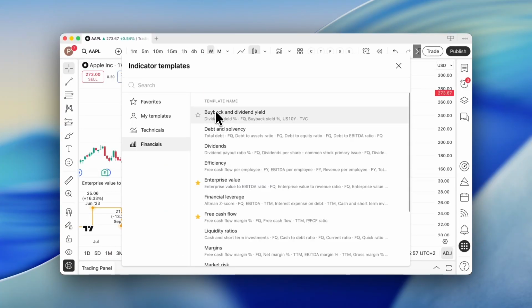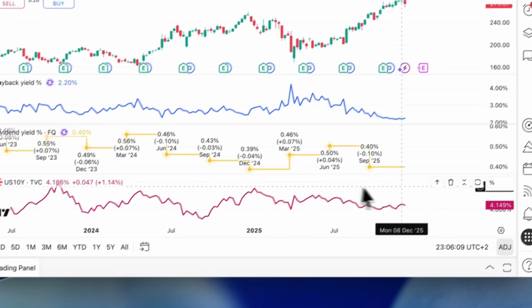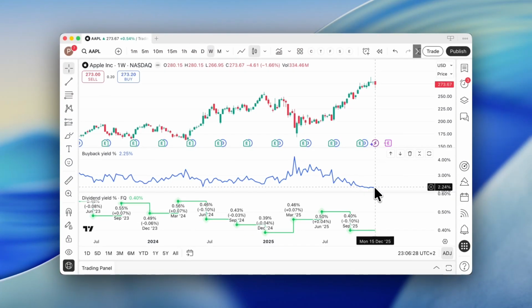Buyback and dividend yield. I want to see how Apple is using its cash to buy back shares and what kind of dividend it's paying to shareholders. Now it's comparing it with a 10-year yield. Let's remove it. The buyback yield here is very, very low because the share price went up. So the buyback yield you're getting is only 2%, kind of low. It was double here when the stock price crashed. So now let's clean this preloaded template